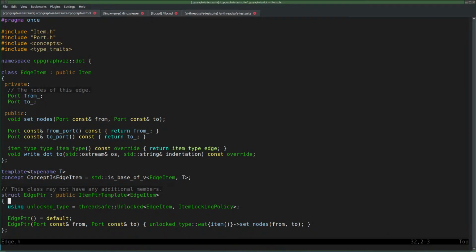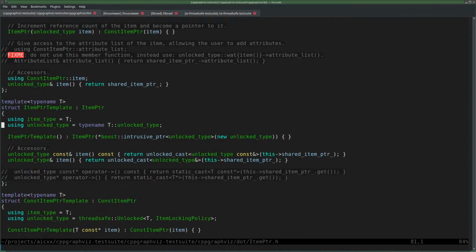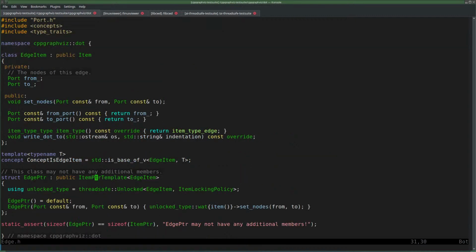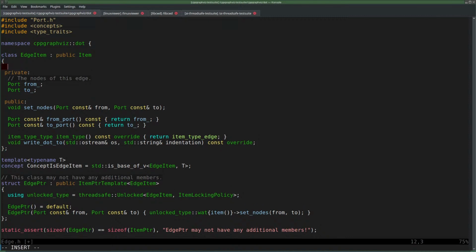The edge pointer should be using unlocked edge item and item pointer template. Now it defines edge item unlocked, and edge item doesn't have it defined. See, that's a problem.